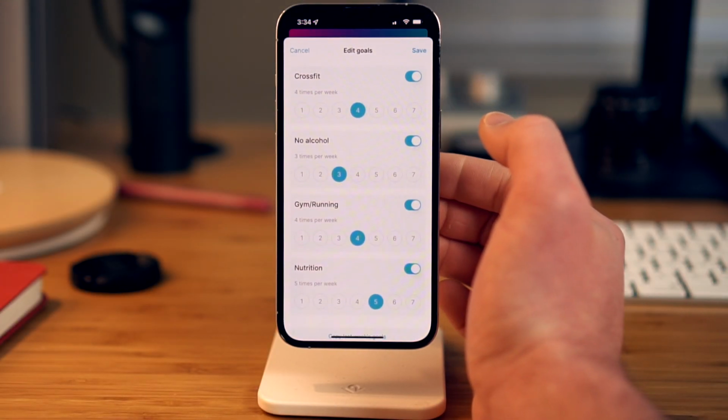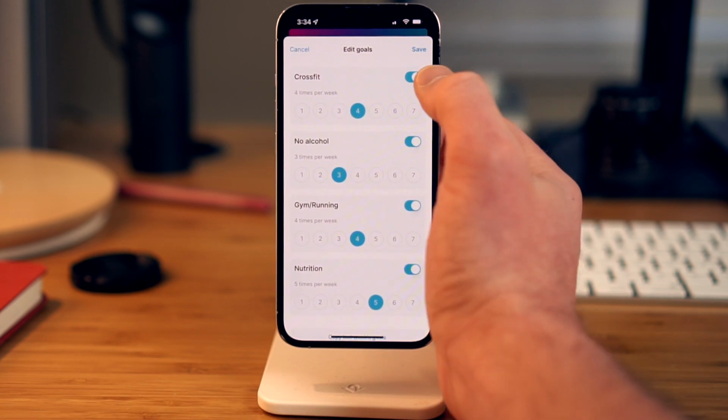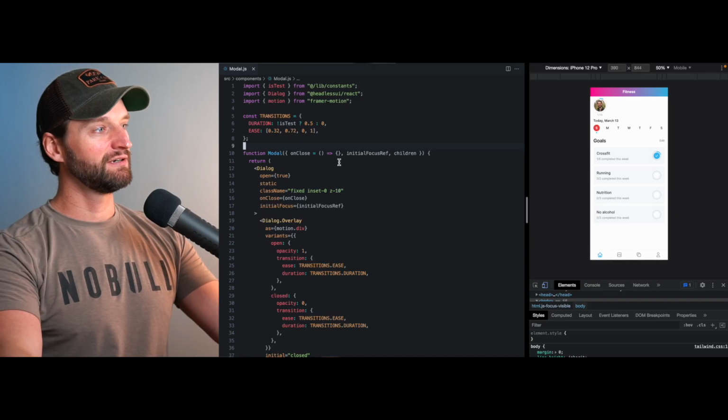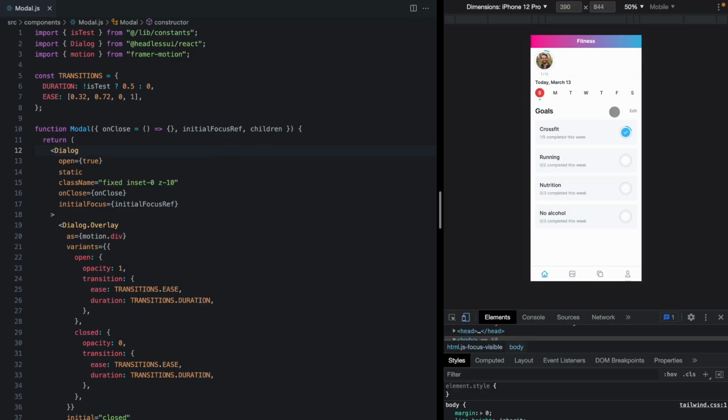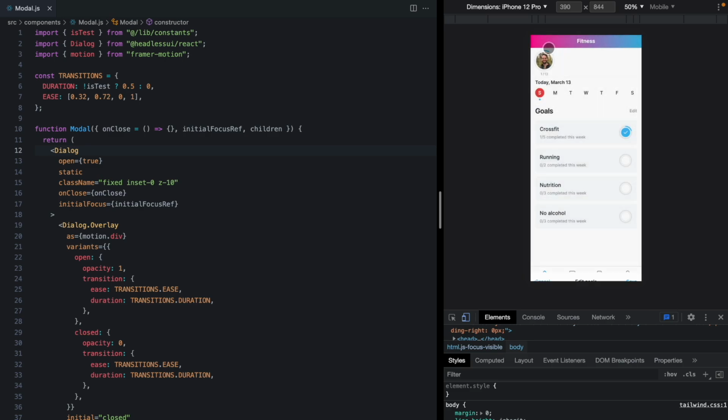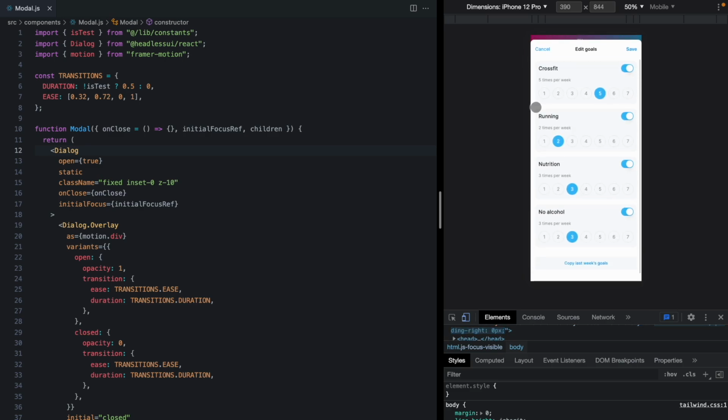I just added this really neat effect to my modal component where the background app kind of shrinks down when the modal opens up, and I want to show you exactly how I did it. So let's dive into my side project here, and I've already got this modal wired up. I actually have another video showing how I built it. I'll link it down in the description, but we want to add that effect where the rest of the app